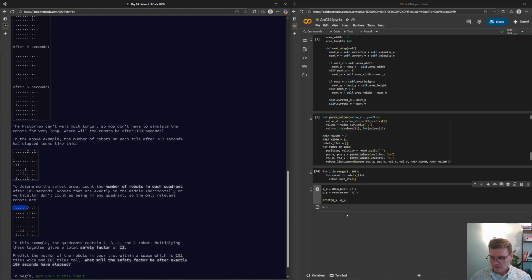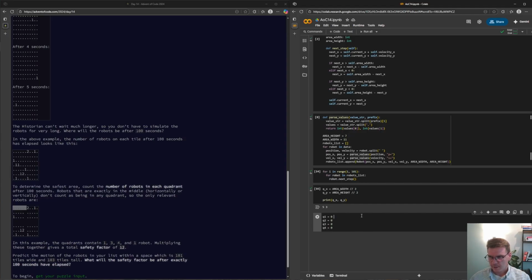And then we want to calculate how many robots there are in each quadrant. So we need to have like q1, or I'm wondering is this the way to do it.